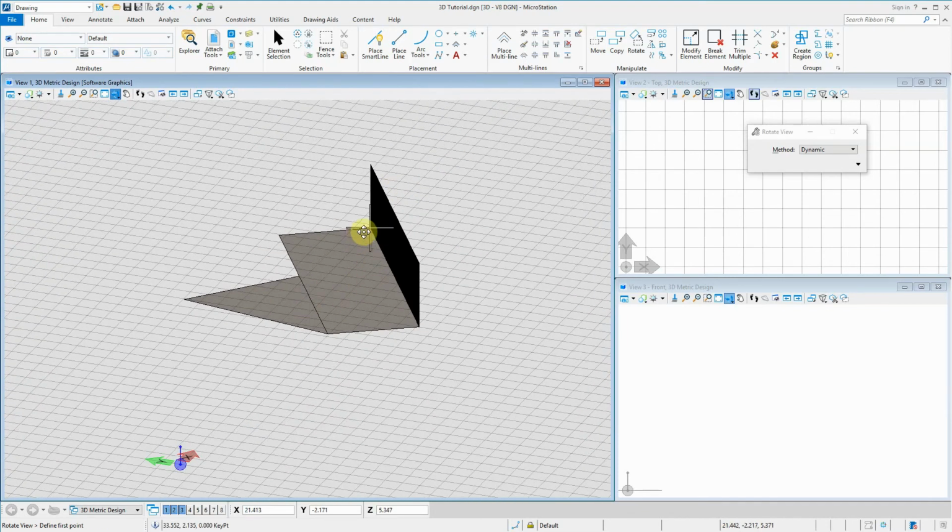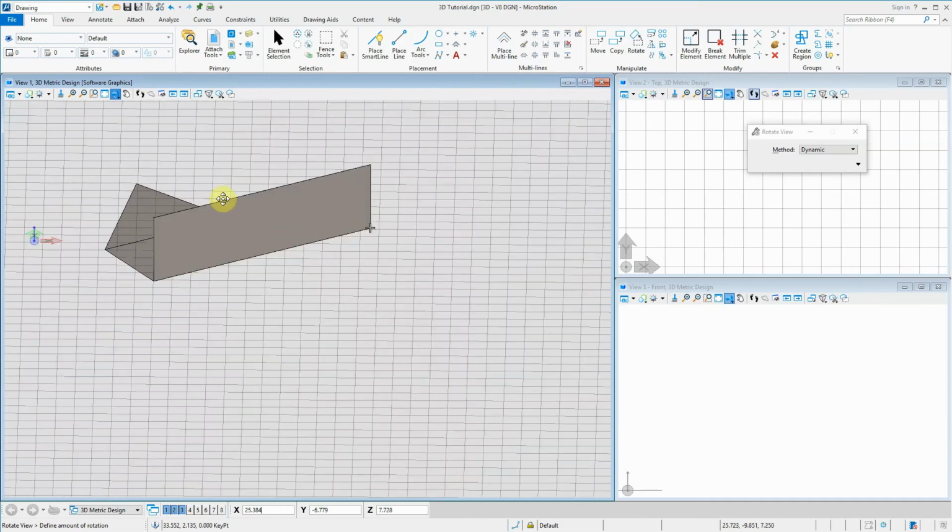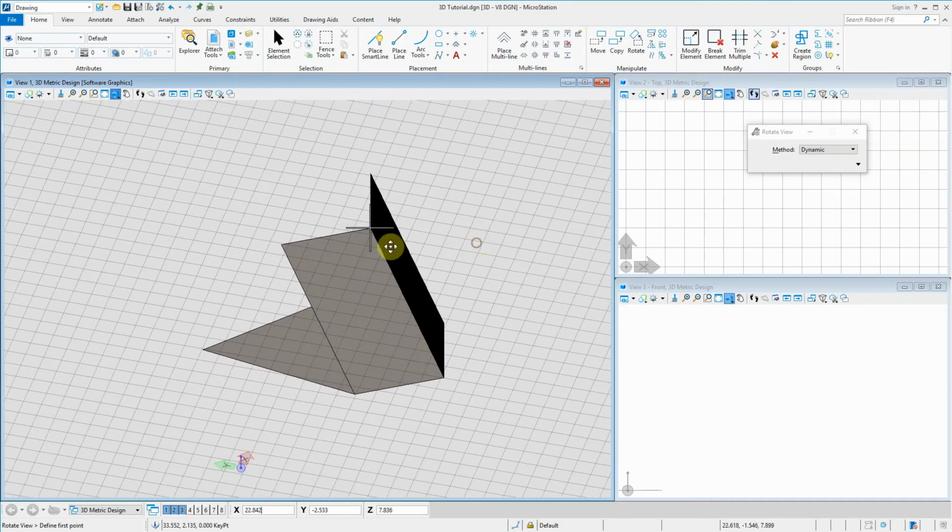If we left click and use the left and right click at the same time, we can create a snap, or you can do a temporary snap by pressing right click and shift and